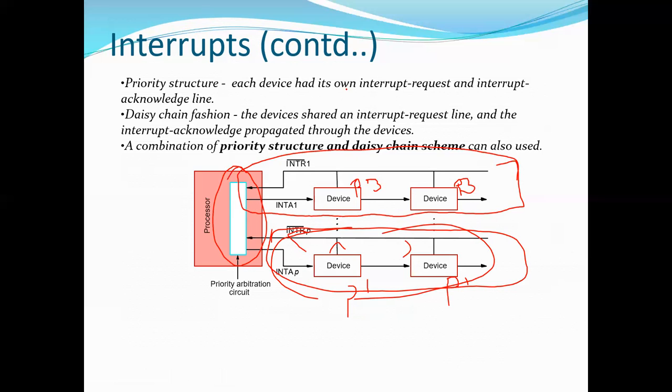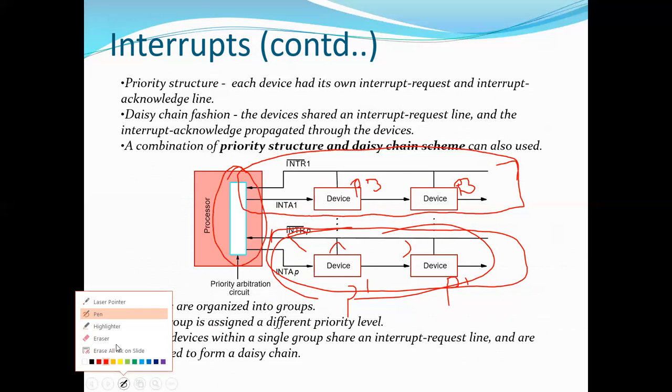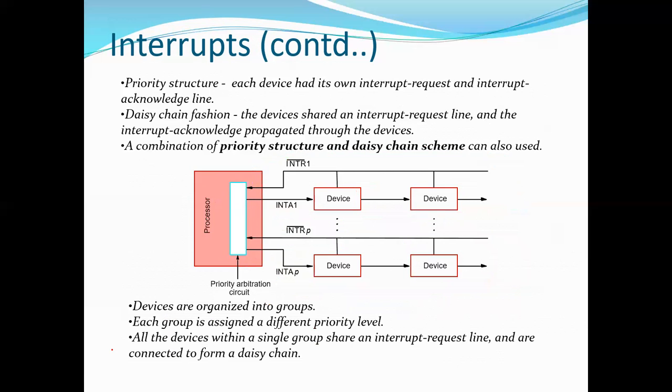Okay, so that is how the interrupt is handled here. As I told, the devices are grouped depending on the priority of the devices. Okay, and there is both daisy chain and priority structure. Okay, so that is about the